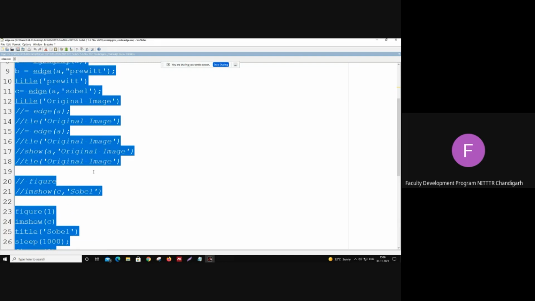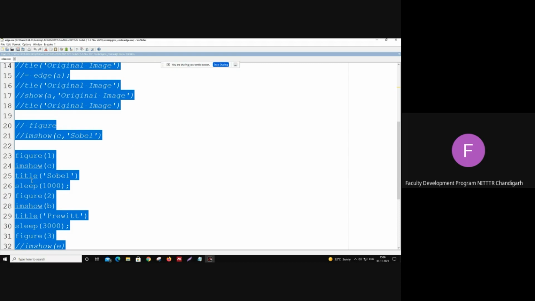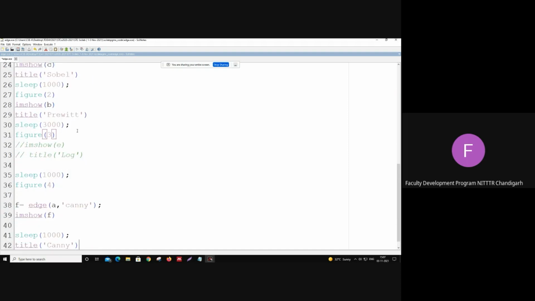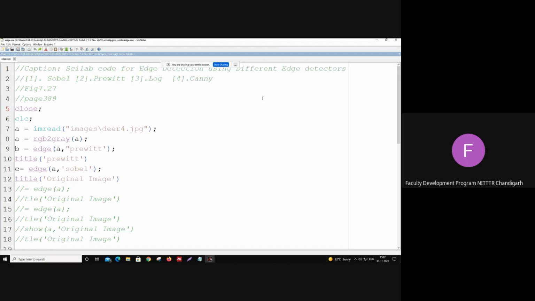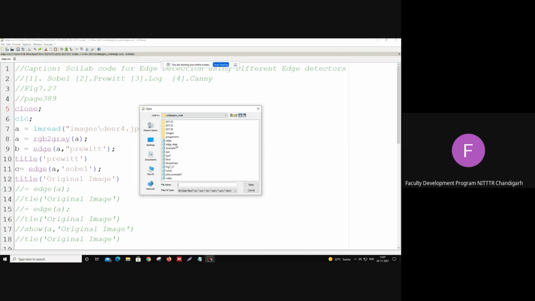And in case you want to show multiple edge detection algorithms, you can put sleep. So sleep 1000 means sleep for 1 second. 1 second is 1000 milliseconds, and then show the other figure. Now next you can try with